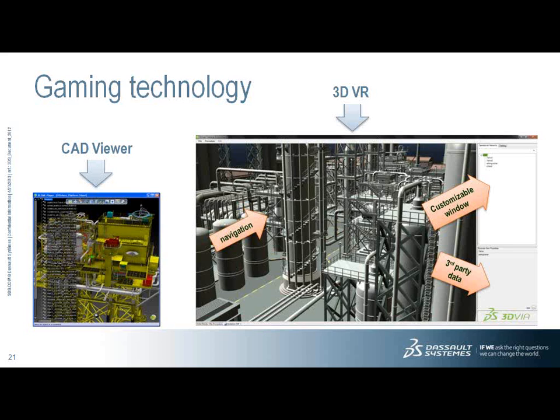You don't want to see every elbow. You want to see a pipe system. You want to see a vessel or a drum. And you want it to be appropriately tagged coming from a back-end system. So in this VR, you see that. You see this 3D view. We've cleaned up the colors a little bit there, so you could do that with these technologies.